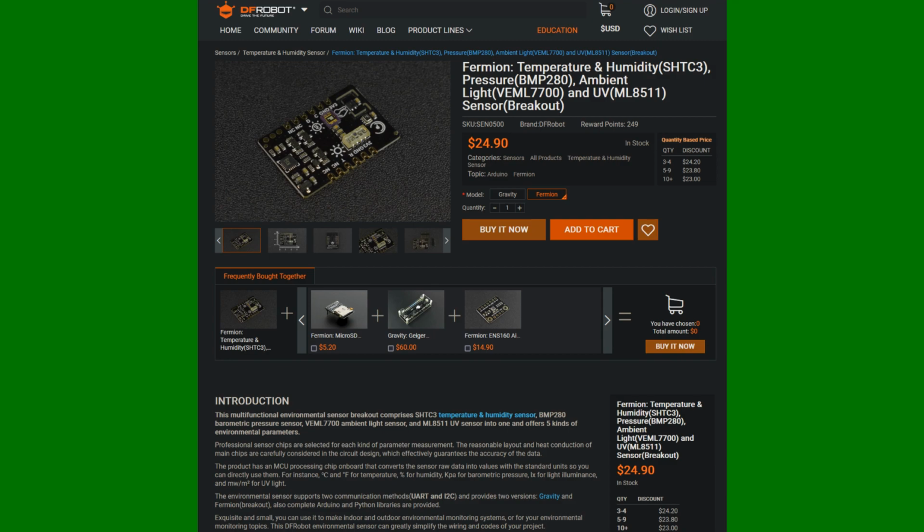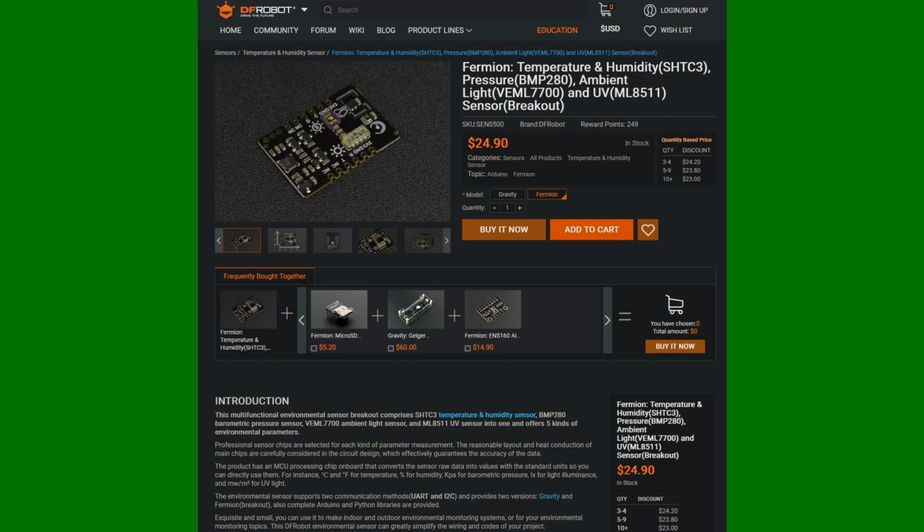And instead of trying to go with cameras, which, number one, are kind of difficult to use with Arduinos to begin with, and generally something you'd want to use a Raspberry Pi for, this has a UV sensor built right into it. So you're going to get, I think, more precise data about UV radiation by using a purpose-made UV sensor. And beyond that, you're also getting temperature, humidity, pressure, and ambient light as well, which might be interesting to see.